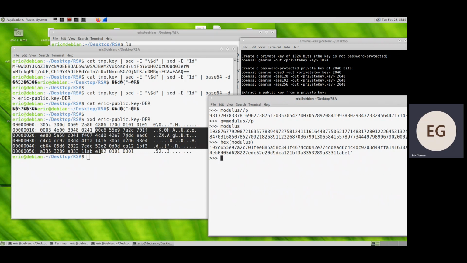So let's see. It starts with 0, 0. Of course, Python will not show the 0, 0 that are not significant. So there is a 0, 0, then a C6. You see the C6? Then the 5, 5, the E9, blah, blah, blah, and it ends with 1, 1, AB, E1. So you see, in the binary, we do have the modulus. And where is the public exponent? The public exponent is